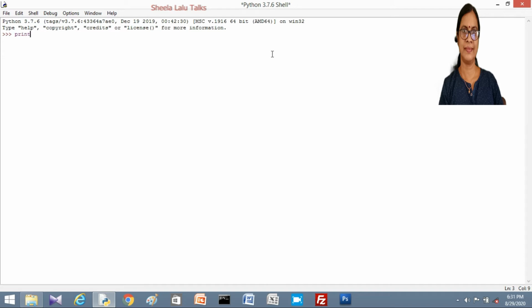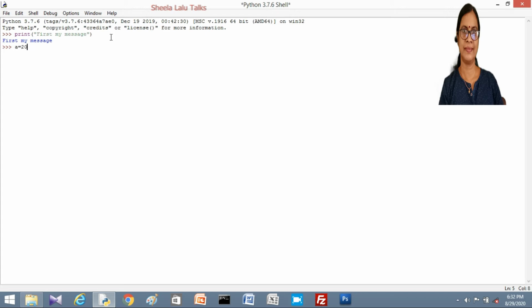In interactive mode, whenever you use any command at the cursor position, for example the print statement, one of the functions used in Python, that is the print function. Inside the print function I am giving one message, that is "first my message". After pressing the enter key, what happened, the result we can see in the interactive mode, that is the first message displayed in blue color. Then the cursor is again positioned in the Python shell.